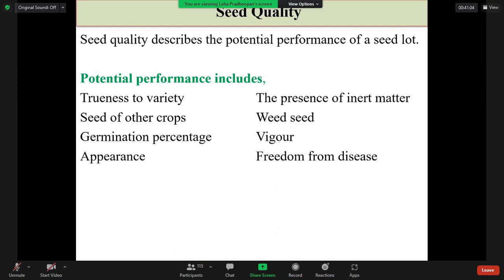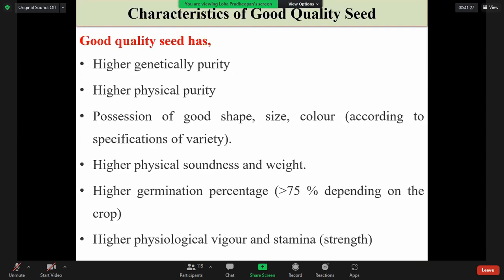So that is having the good attribute and pathological attribute. So quality seed